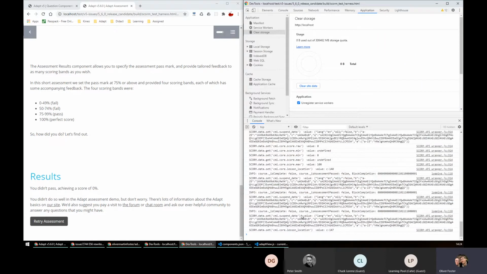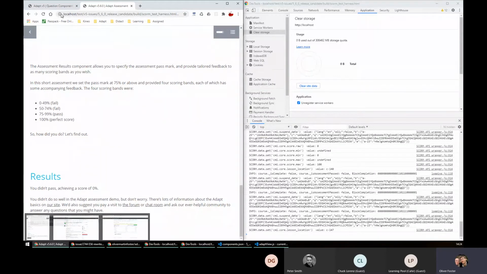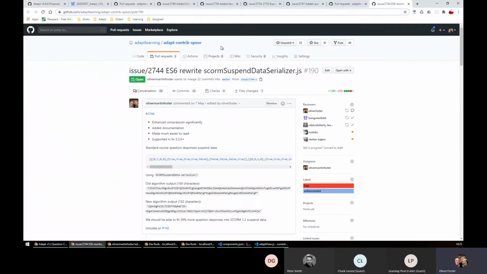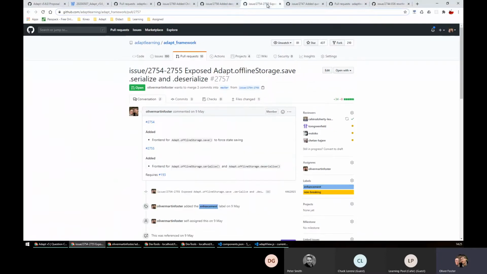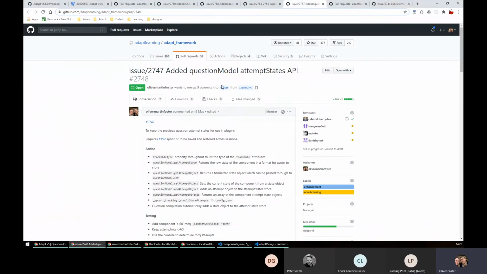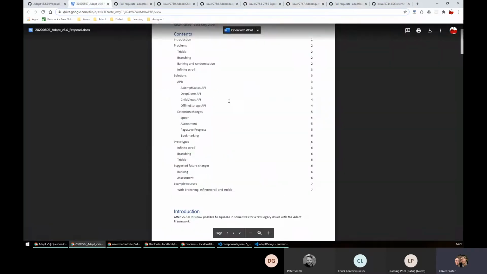So that, in combination with branching, allows us to not only not exhaust the suspend data with branching, but also include quite a few more branching scenarios and assessments in our courses, simply because it can store much more data in a smaller place. So that's the suspend data rewrite. The next PR, the next part of this,